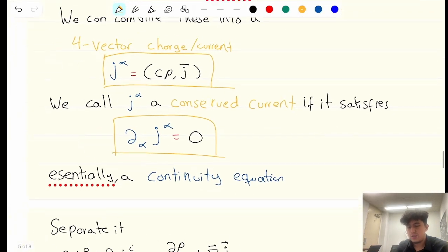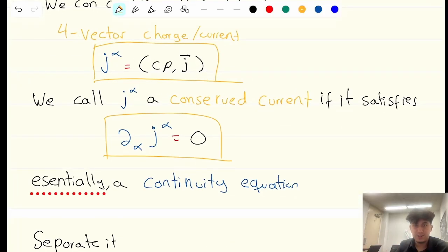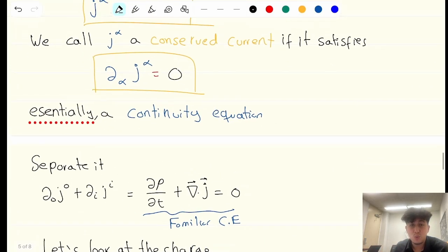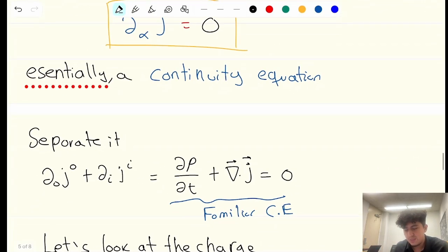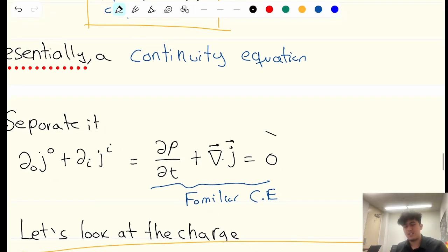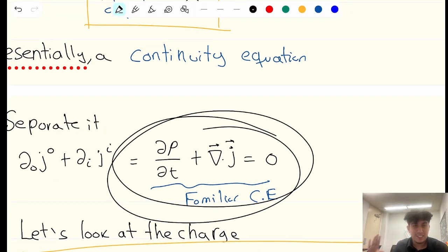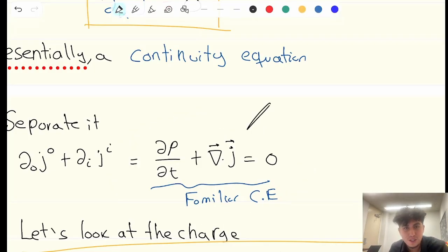Cool. So a conserved current, like in our definition, is going to be a conserved current if it satisfies this equation, which essentially is just a continuity equation. If you want to see why, you just separate it into the time component and the space component, and then we get this familiar equation. You've probably seen it in some class, even in mechanics. Basically this is telling you that the only way to change the charge density in some region is you have to have some current, some input or output of